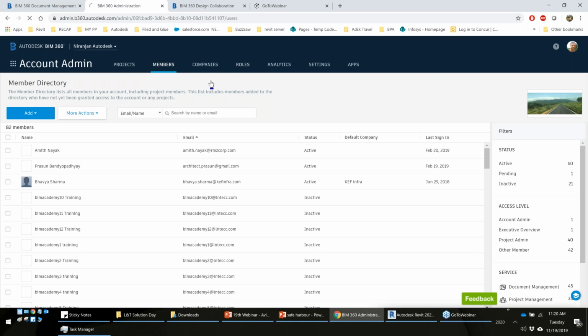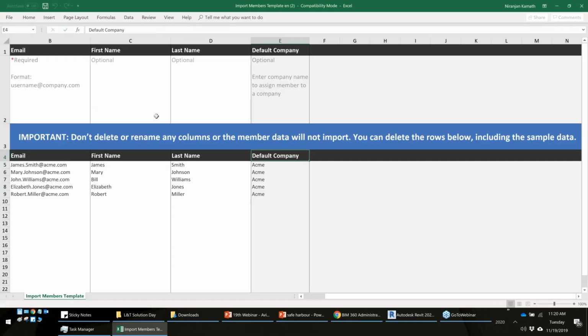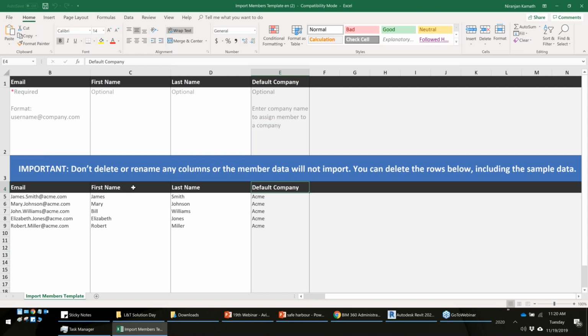The third one is the role. So this is the email list. So you can have email ID, first name, last name, and company. The third one is